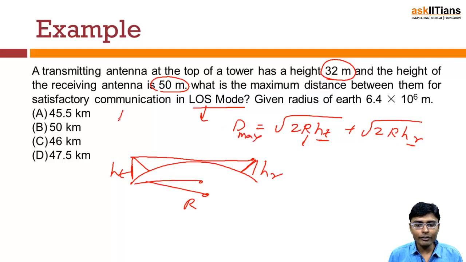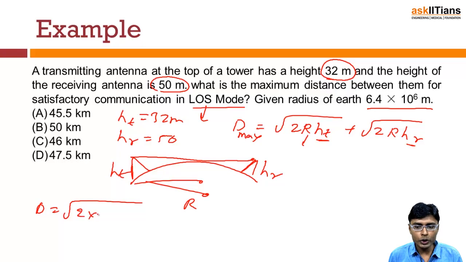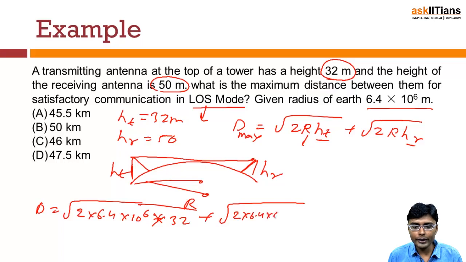We are given the height of the transmitting antenna as 32 meter, the height of the receiving antenna as 50 meter, and the radius is given to us. If we put these values in the formula, the distance D will be equal to under root of 2 into 6.4 into 10 raised to power 6 into 32 meter, plus under root of 2 into 6.4 into 10 raised to power 6 into 50 meter, right? So if you solve this square root,